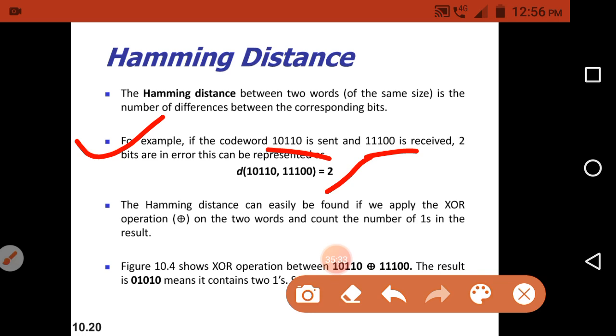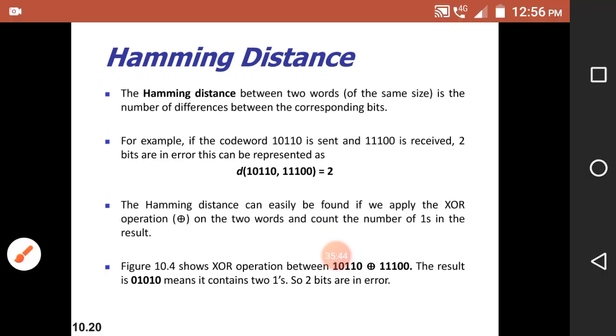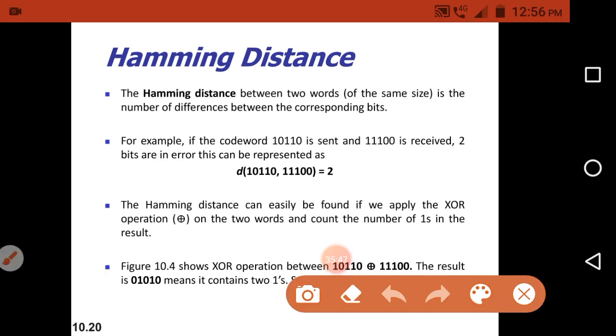Why? Because you have to compare the bits. At the sender side the first bit is 0, and here also it is 0. The second bit is 1, and here the second bit is 0. So that is 1 difference, the first difference. Next we take the third bit. Here it is 1, here also 1, so it is correct. The fourth one is 0 here, but 1 there. So this is the second difference. And the last one is 1 and also 1, so that will match.